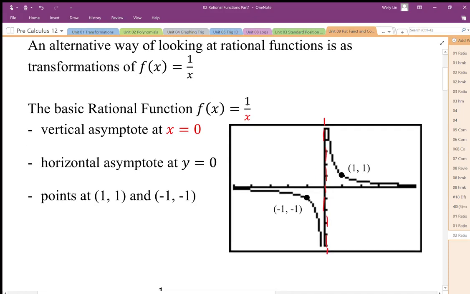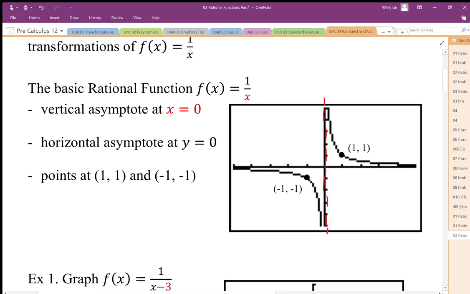And we can think of our rational functions as a transformation of this original function. Anything on the inside is going to translate it left and right. On the outside is going to translate up and down, and we have this multiplier which can expand vertically. So these are points of reference. We have our vertical asymptote, we have our horizontal asymptote, and we have these 2 points of reference, (1, 1)